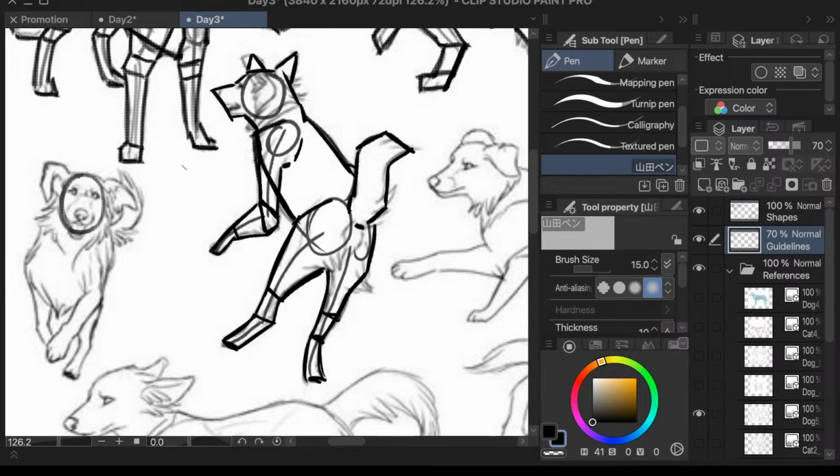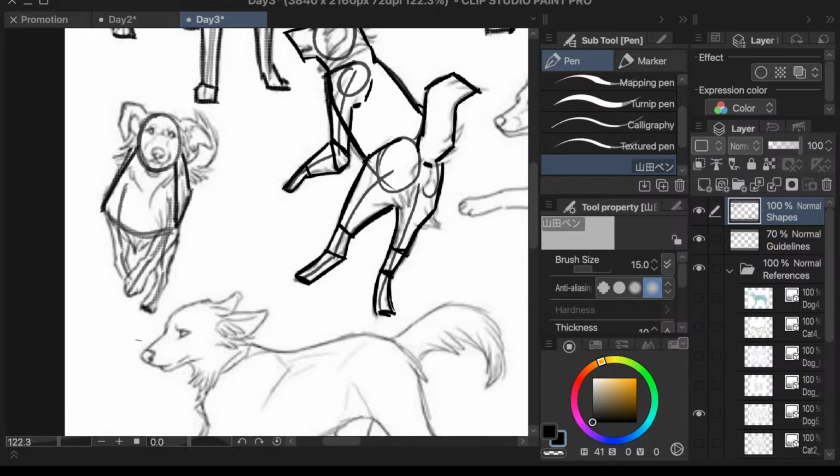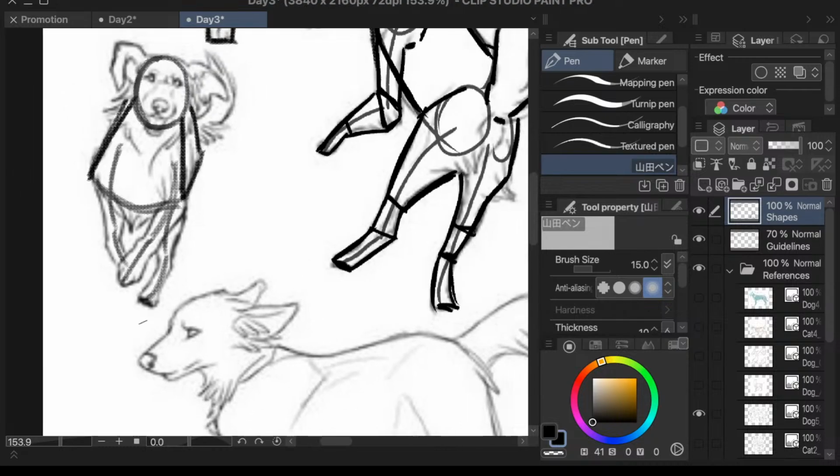I was thinking of making a perspective for the body, but I think this will do. Curve, curve, curve, then curve inward. Looks like a straight curve inward. Simplify the shape down. Yeah, this shape might look a bit weird, but